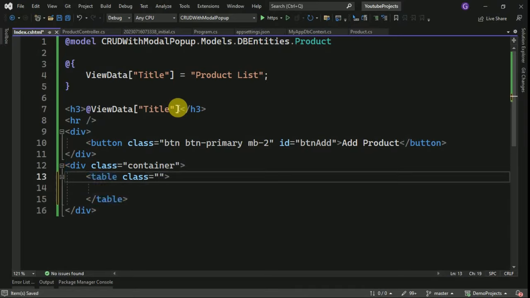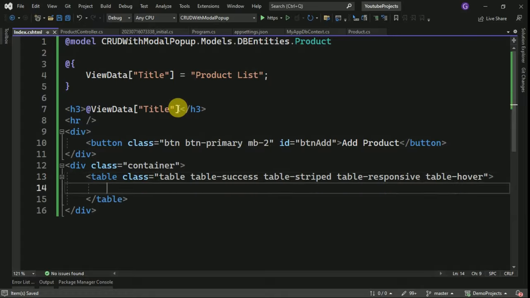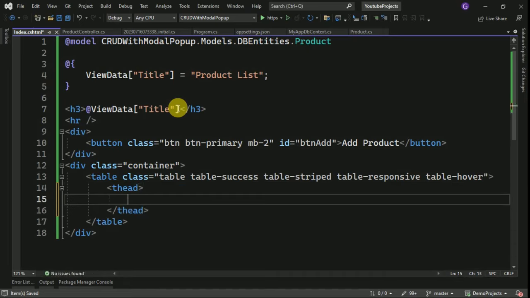For the table, I will add Bootstrap classes. Inside this, I will add table headers, and I will define